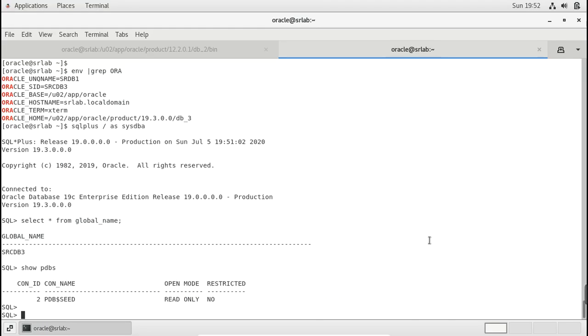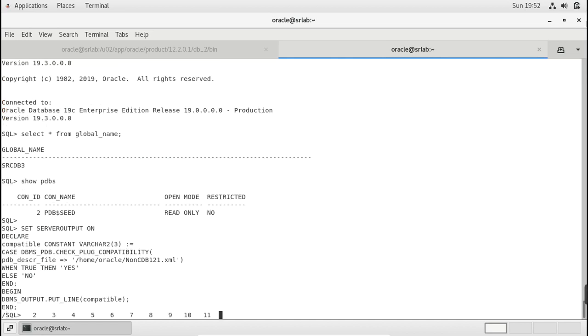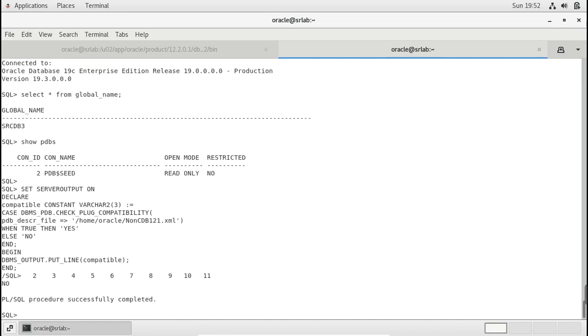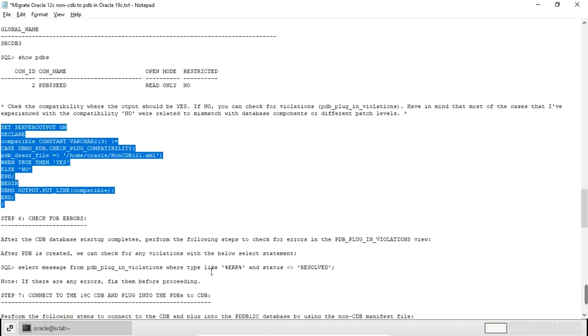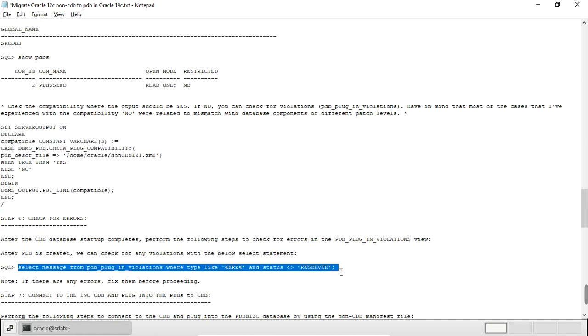I'm going to check the compatibility with the PDB describe file that we have created. It is executed. We can check this.